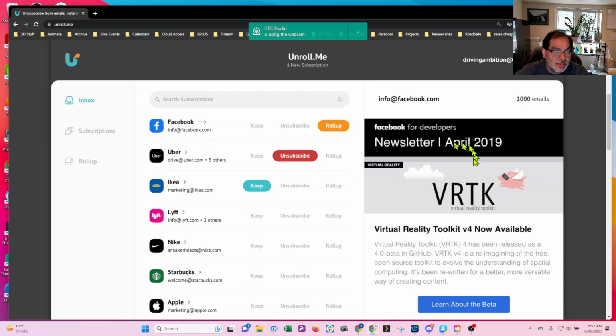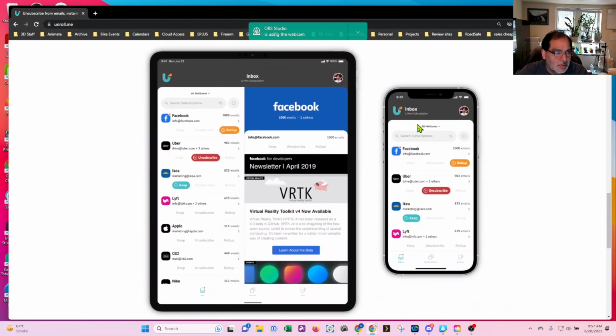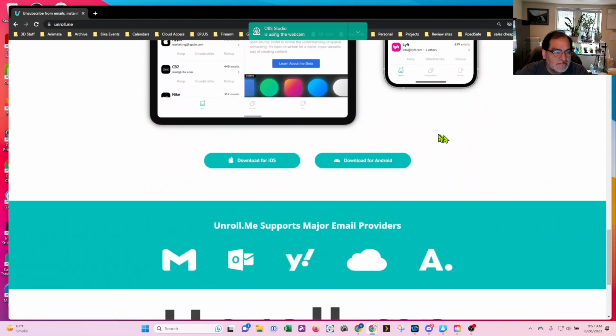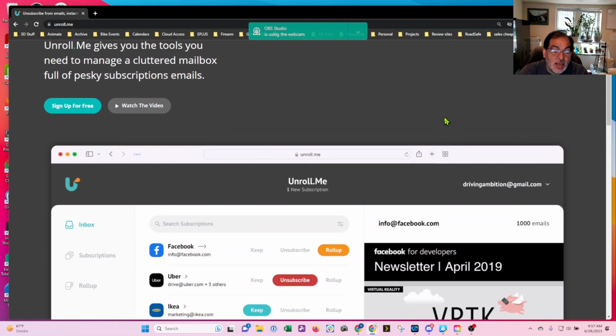I'm not going to go through the sign up because I already signed up, and this is just their basic website. You can definitely do it from your iPhone or iPad. If they go through a subscription fee, I would probably pay for it. The only thing I would request is that unenroll.me block specific domains. That would be a game changer, because the spam that I'm getting would be emails that say, we'll say, Facebook